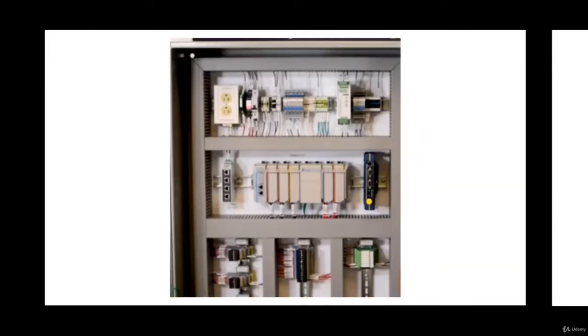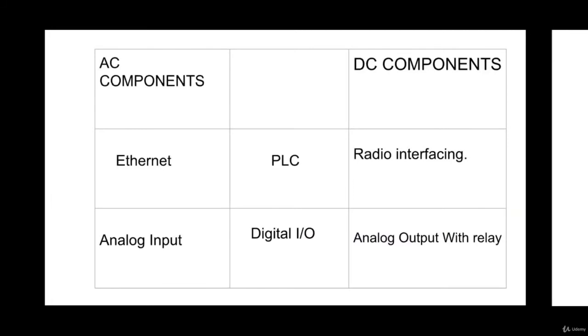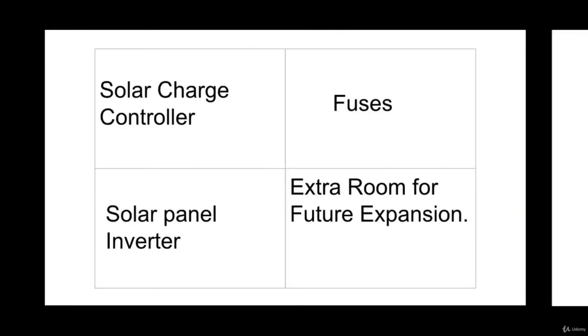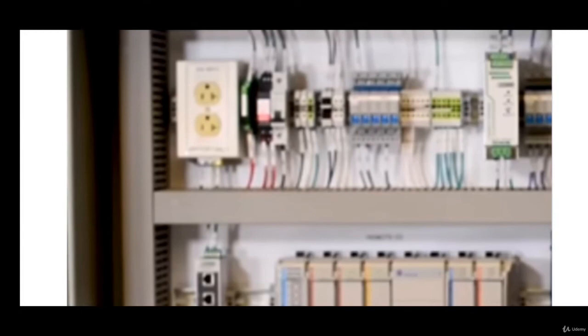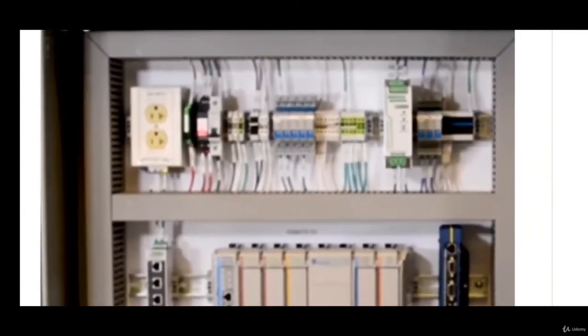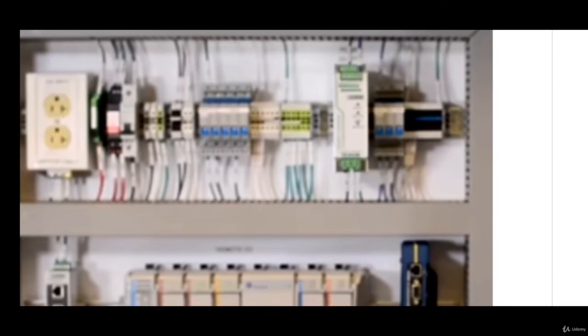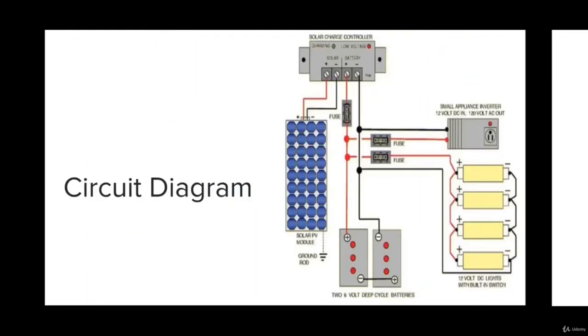This is a standard control panel which is used for a pumping system. They made sections: they put all the AC components on the left hand side and the DC components on the right hand side. All the AC components, like a plug-in for a laptop, the surge suppressor, MCB and connection ports, are on the left hand side. On the right hand side you can see the SMPS in green, and all the connections for the DC are given on the right hand side, which is very important.